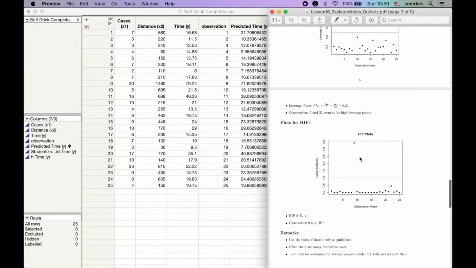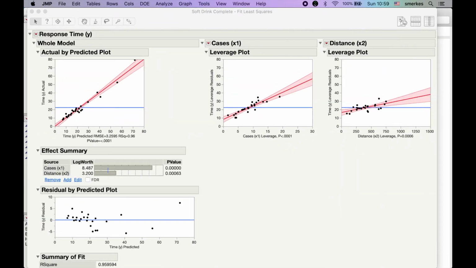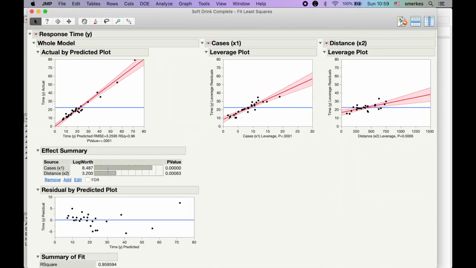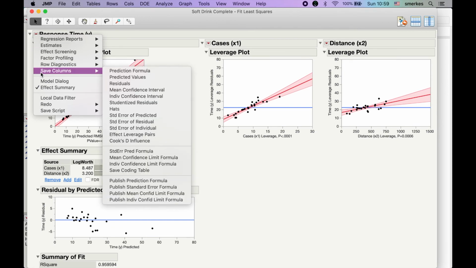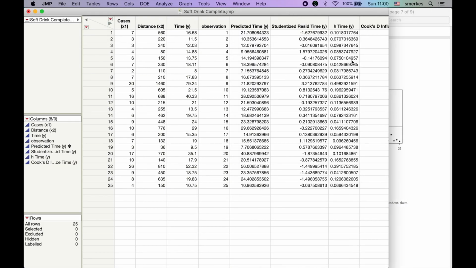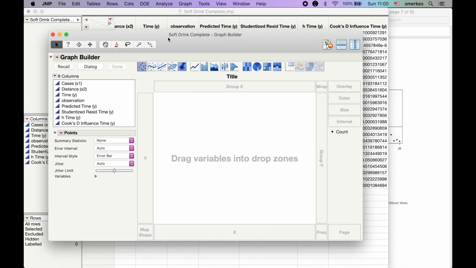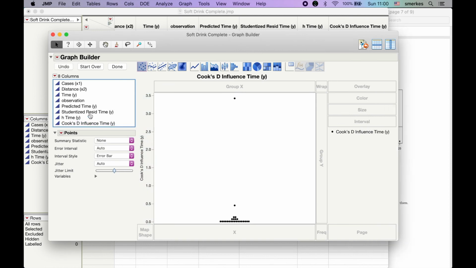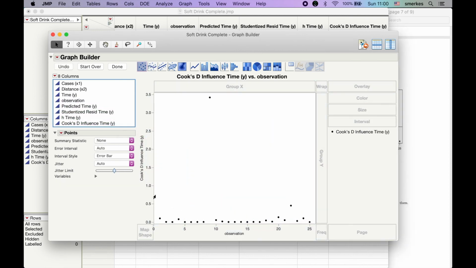The last thing that we are going to look at is our influence, where we need to calculate our Cook's distance. So again, I'm going to be bringing back the fit. We're going to go to the red arrow, save columns, and Cook's D influence. Click on that. Minimize that once more, come here, and now we have our Cook's D. We're going to go to Graph Builder, put our Cook's distance and then our observation number on our X, get rid of that line,